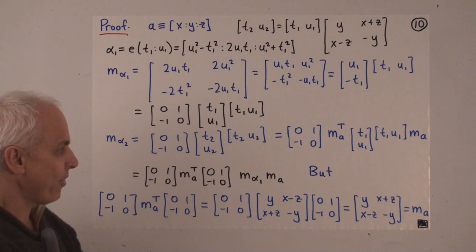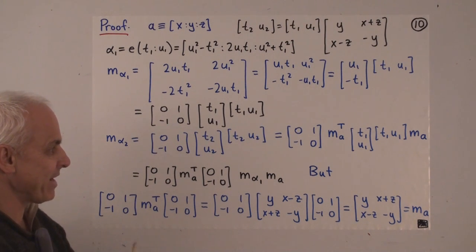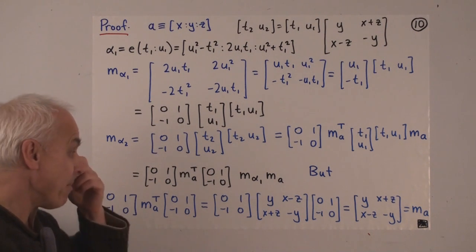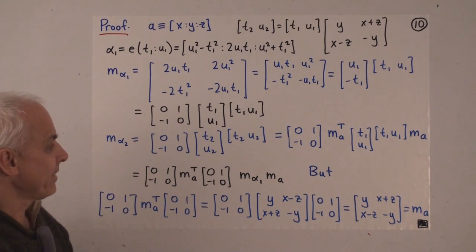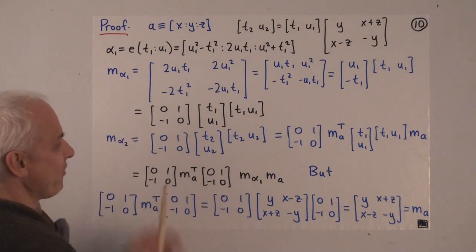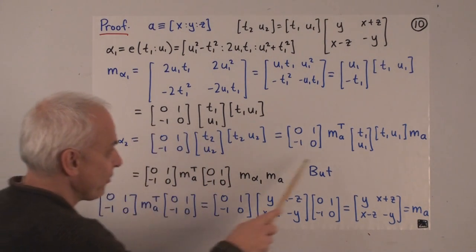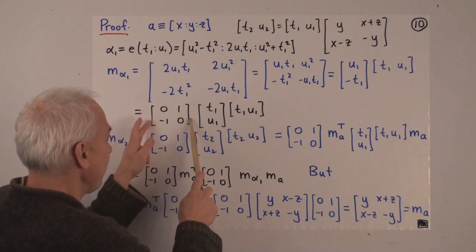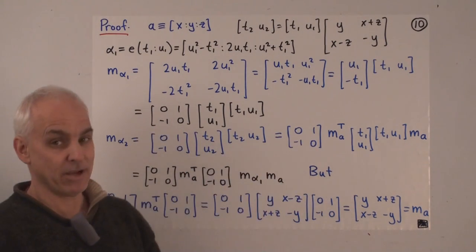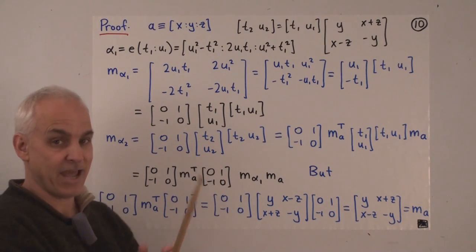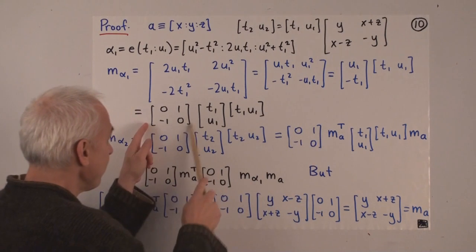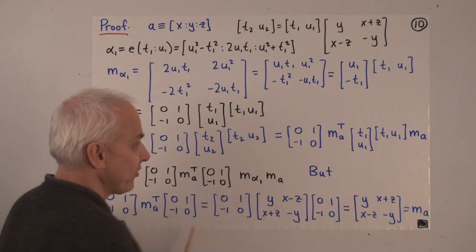Okay, now we're going to make it a little bit simpler for us. We want to identify this M alpha 1 in there. So we're going to multiply right in here by this matrix squared, because this matrix squared is the identity matrix. If you put it in there, it doesn't have any effect. So I'm putting it in there twice.